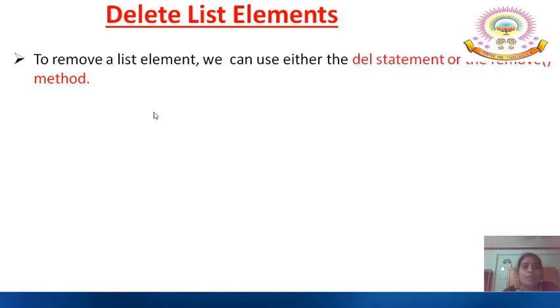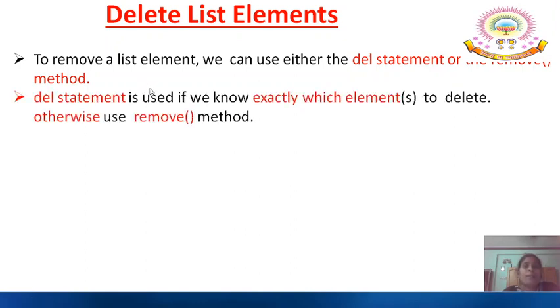How to delete a list element? As we said, list elements are changeable. So we have added the list elements and also we have modified the list element at the second position. Now we are looking at how to delete the list elements. When you want to remove a list element, it can be done in 2 ways. First is using the del statement. Second one is to use the remove statement.